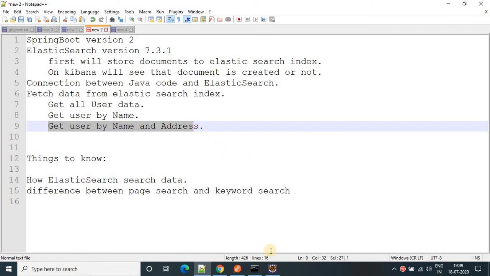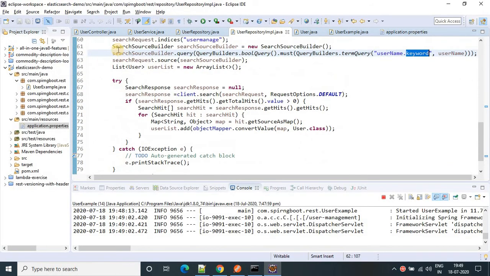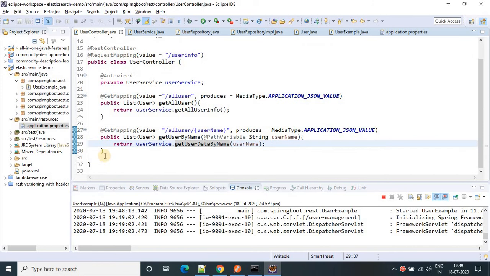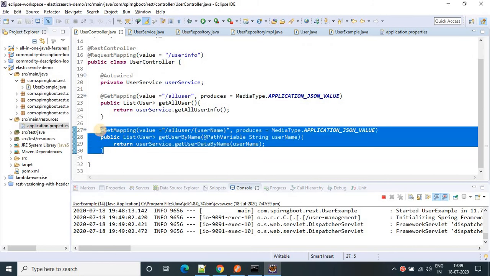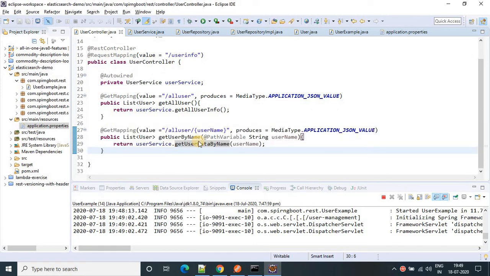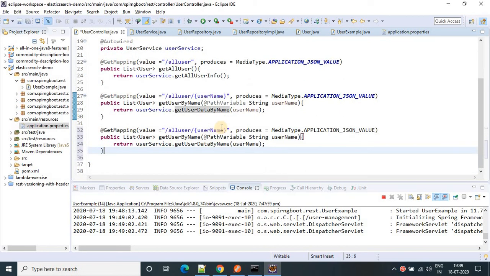Now the third thing we have to do is get user by name and address. We have to pass two parameters. So come to the controller layer, copy this one and paste it here. Here we have to pass two parameters, the name and address both.